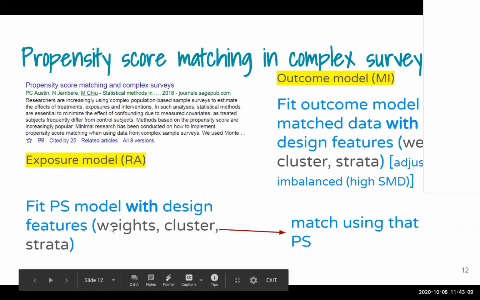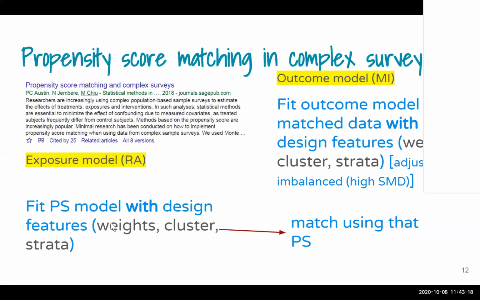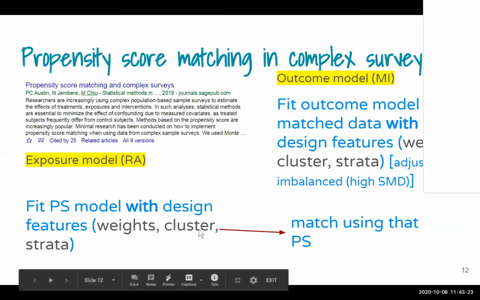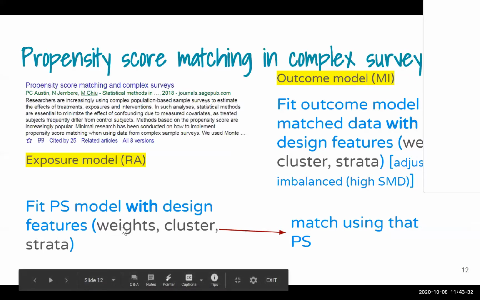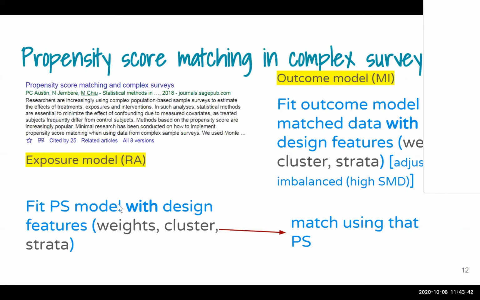Because what they are essentially saying is that they need to predict with weight, cluster, and strata, but they do not. The propensity score analysis, or the propensity score itself, is a prediction. It does not matter too much whether the strata and clusters are adequate or appropriately set, because weight is something that will give you the correct predictions, right? So generally speaking, the subpopulation problem that we dealt with in the earlier methods, we do not need to do